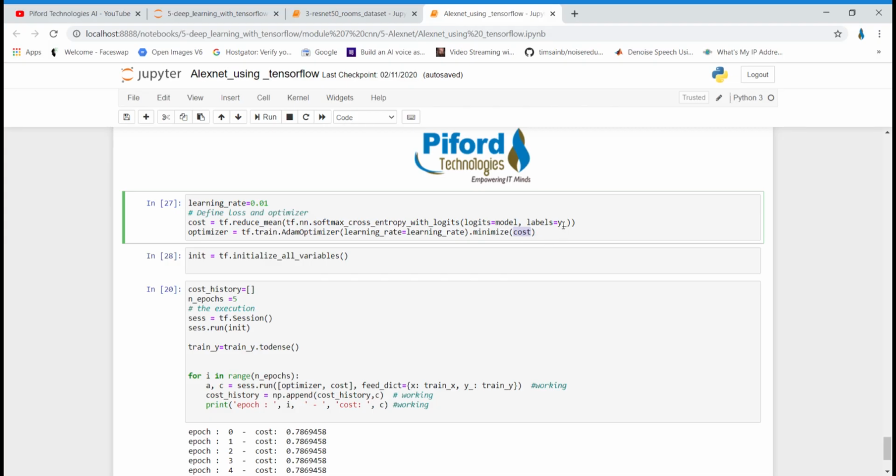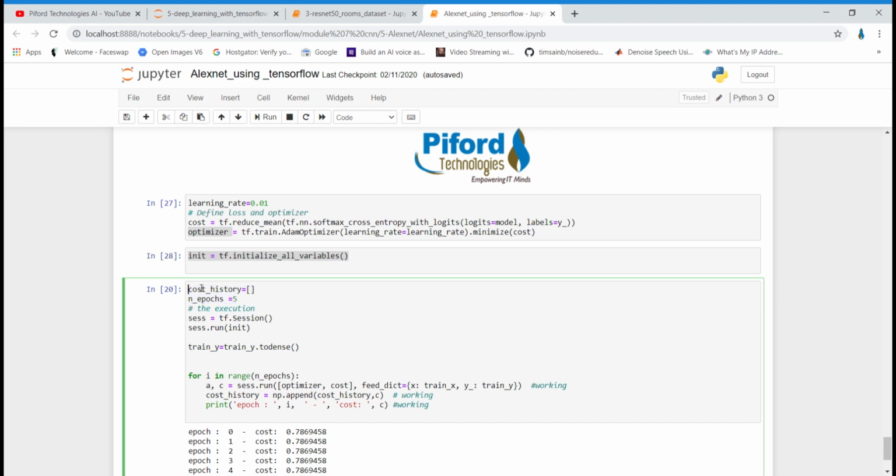After that, I'm initializing all the variables, and cost history is a blank list which will store the errors of all the epochs. The number of epochs I want to run is 5, just to help you understand the concept.